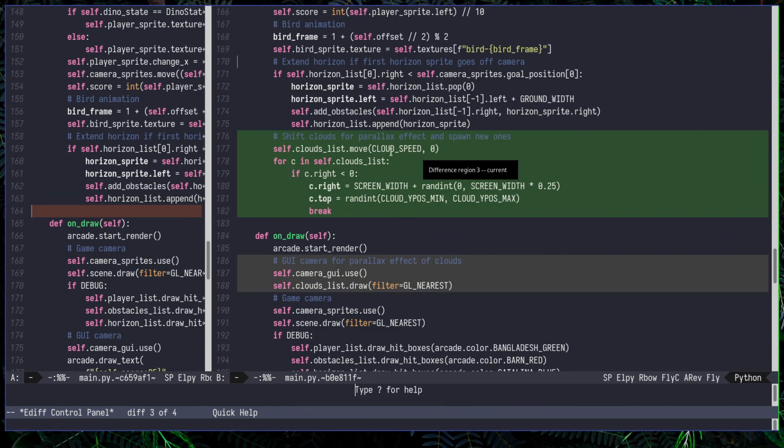Both ways are correct. Here I'm shifting it by cloud speed X coordinate, and I'm not giving a Y coordinate. So it's going to just drift to the left. For every cloud in the cloud list, if the right position is less than 0, that is, if it is going behind the camera. Notice I'm not having to check the camera position over here, because here the camera is not